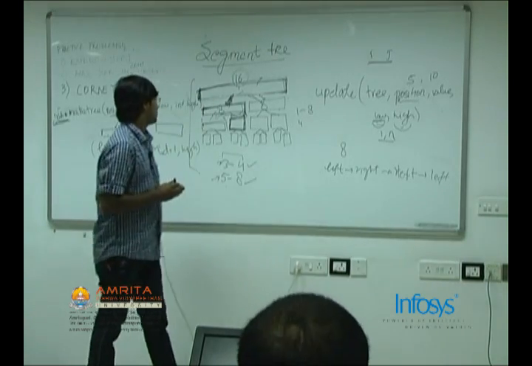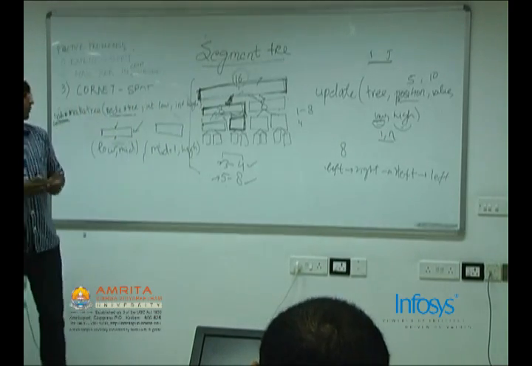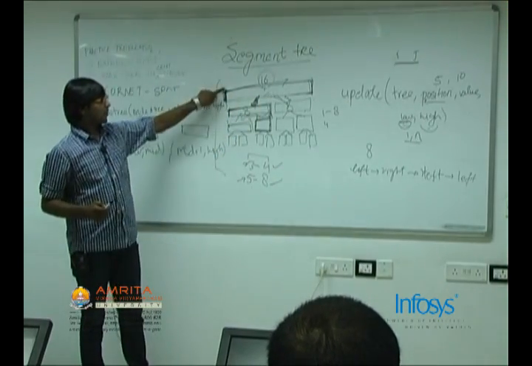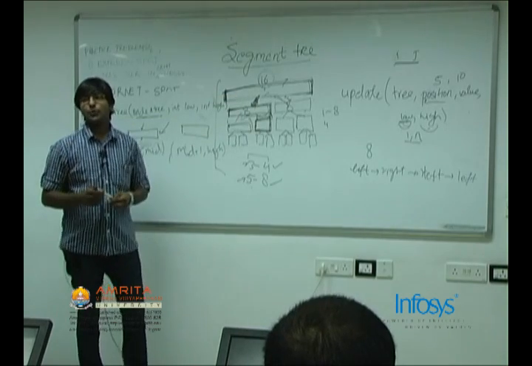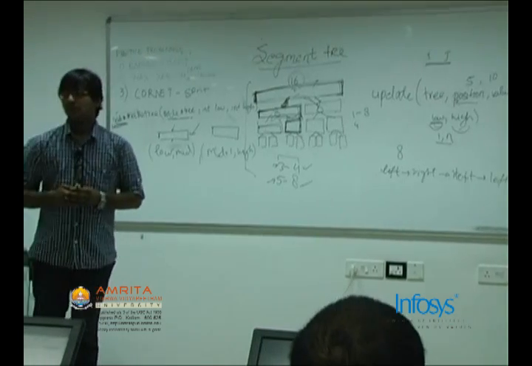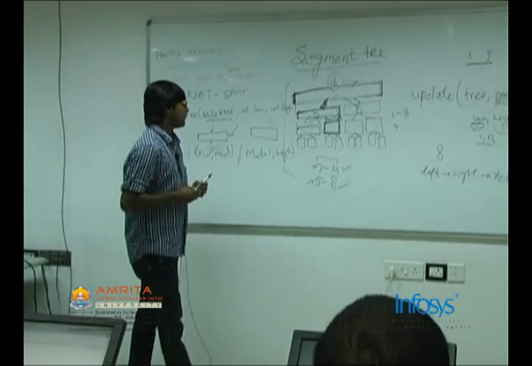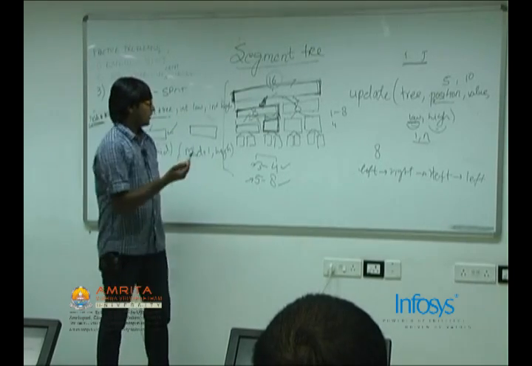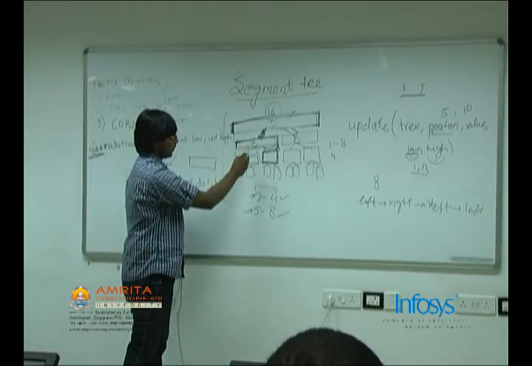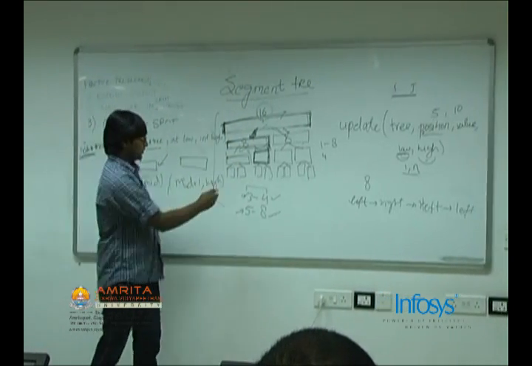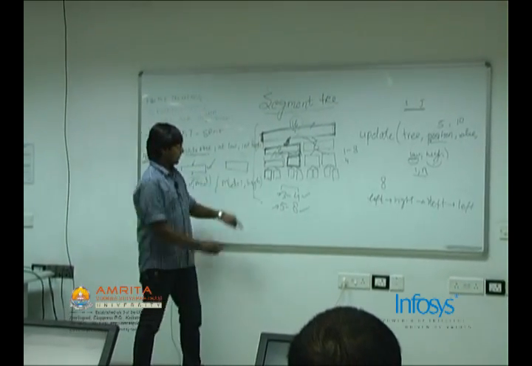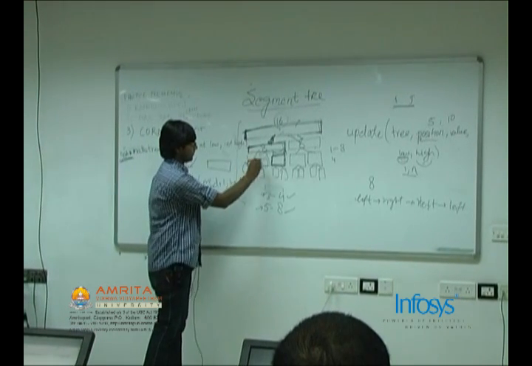Another problem which could be solved with this is, suppose you are solving the problem of sum of elements. You are trying to answer the query, what's the sum of elements in the range i comma j. Instead of a minimum, we are trying to answer the query of sum. Again, similar stuff will proceed like this only, and when we are updating any element, the leaf will be affected. Once the leaf is affected, you can calculate the new sum for the parent.